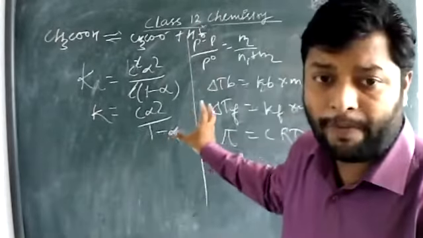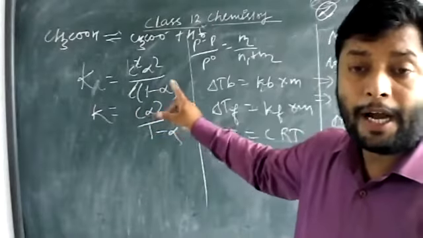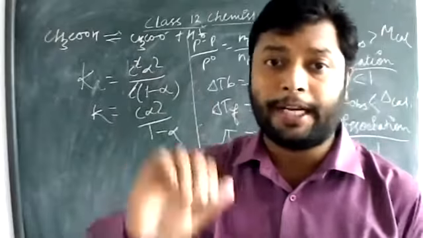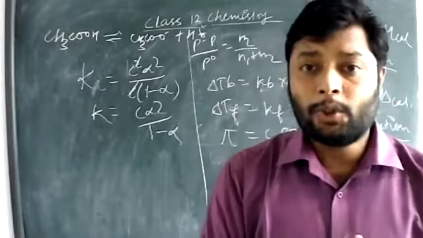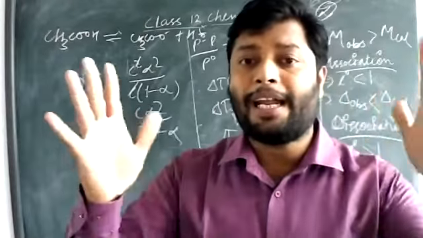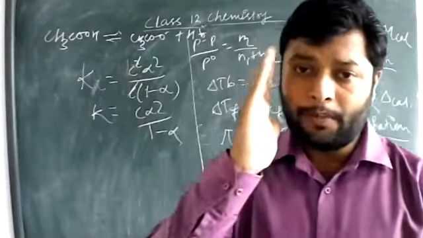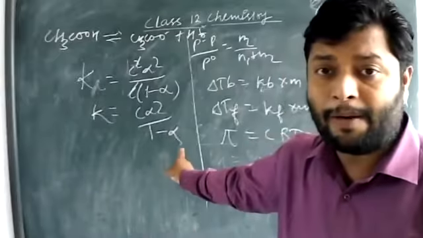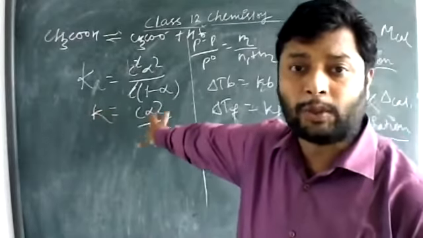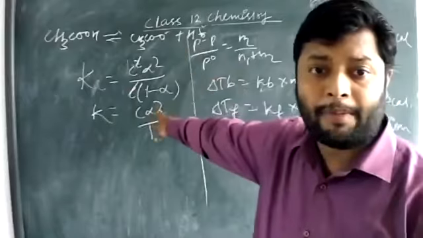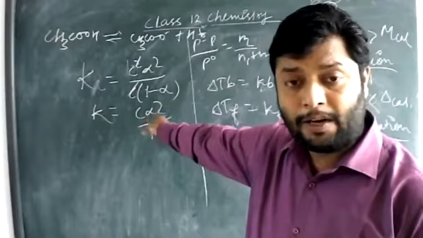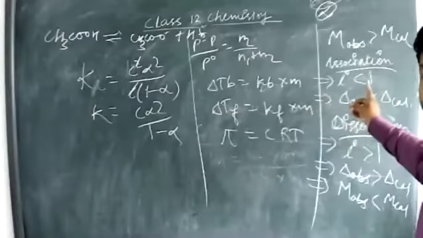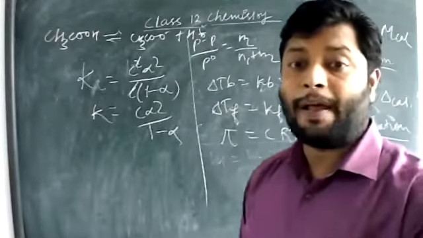If you put the value of alpha here, a quadratic equation will be formed, and that would have to be solved with the help of Sridharacharya's formula. That will not be easy to calculate in chemistry, because that will make a lengthy question. So whenever we are going for a calculation, always remember: 1 minus alpha will be negligible, and K will be C alpha squared. C will be given, K will be given. You can calculate alpha first, then with the help of alpha, you can find the value of i.